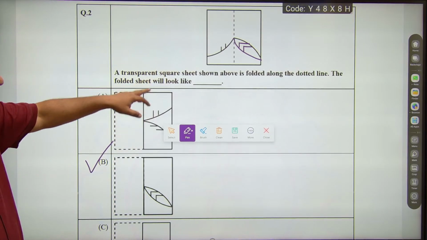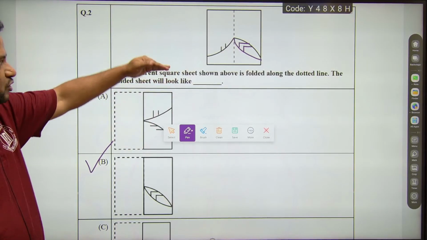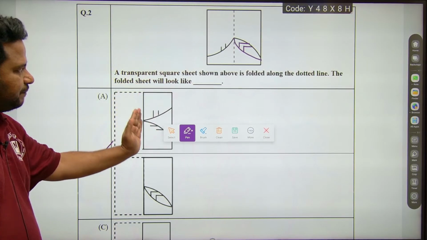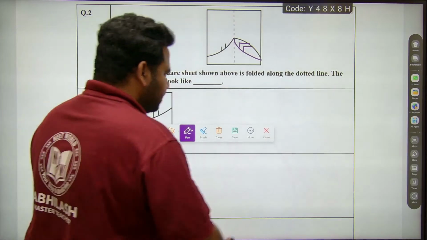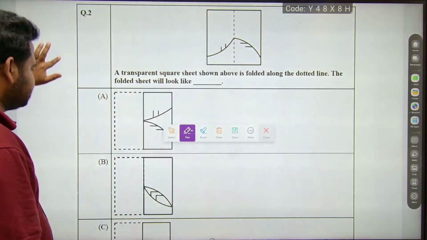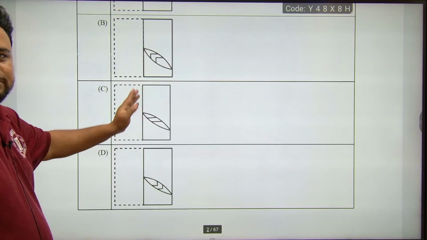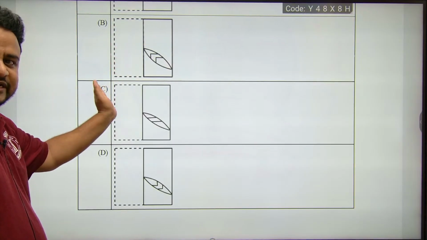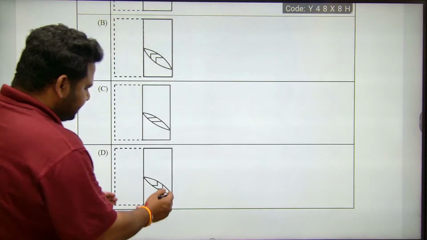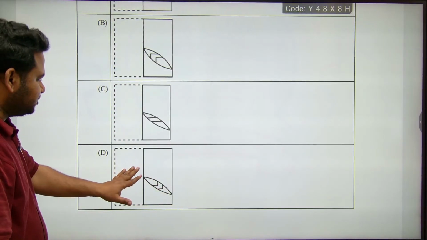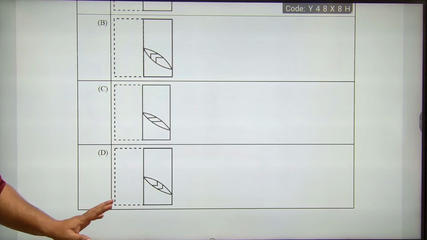See here, this is going up, this is coming down. This is not the mirror image or water image. You are just folding it. So horizontal lines will remain as they are. Below that, these vertical lines will come. So this is the right answer, option B. Let us look at the other options also. All horizontal lines is not possible. Left side there are vertical lines. Here the horizontal line is like this, but they have given first vertical, then horizontal. So this is not the answer. The correct answer is option B.